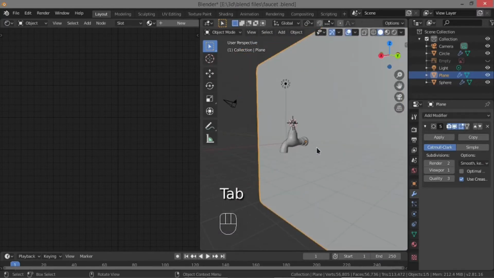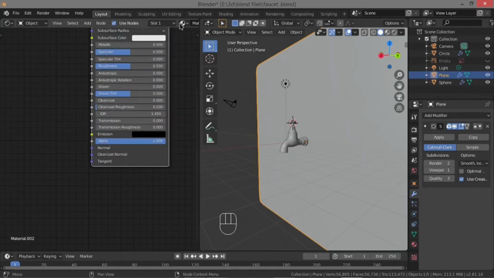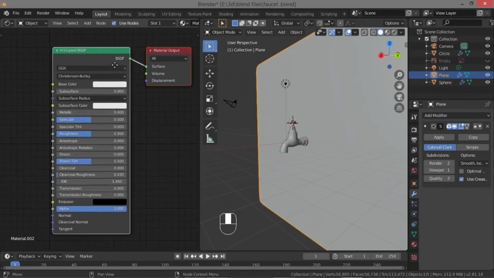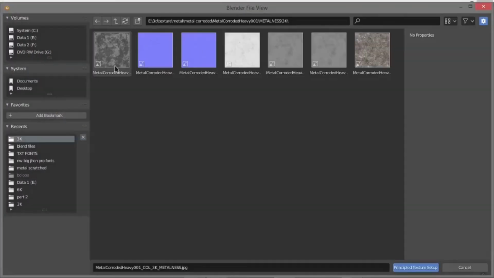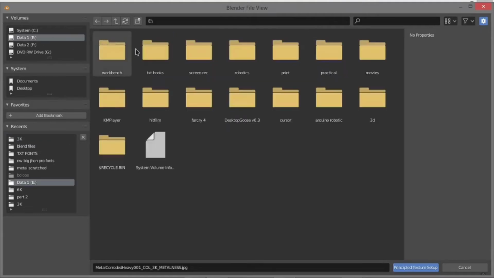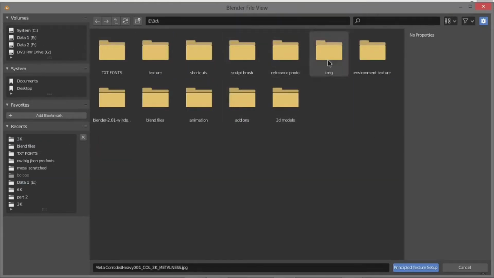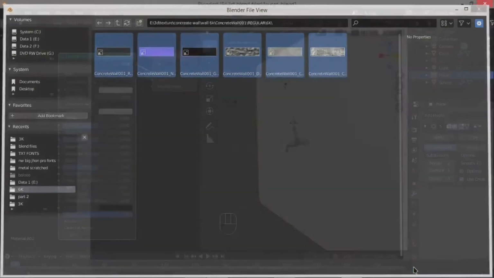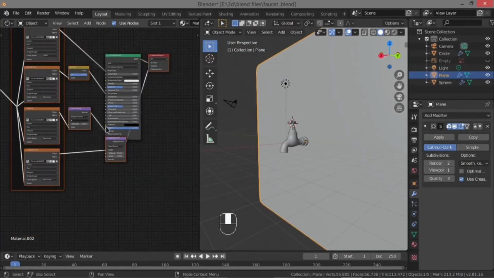Then I'm going to add a new material by pressing new in the shader editor, and then like before press Ctrl Shift T to import the textures. So I'm gonna quickly import my texture. You can download it by going to Polygon website. So after downloading and importing that,